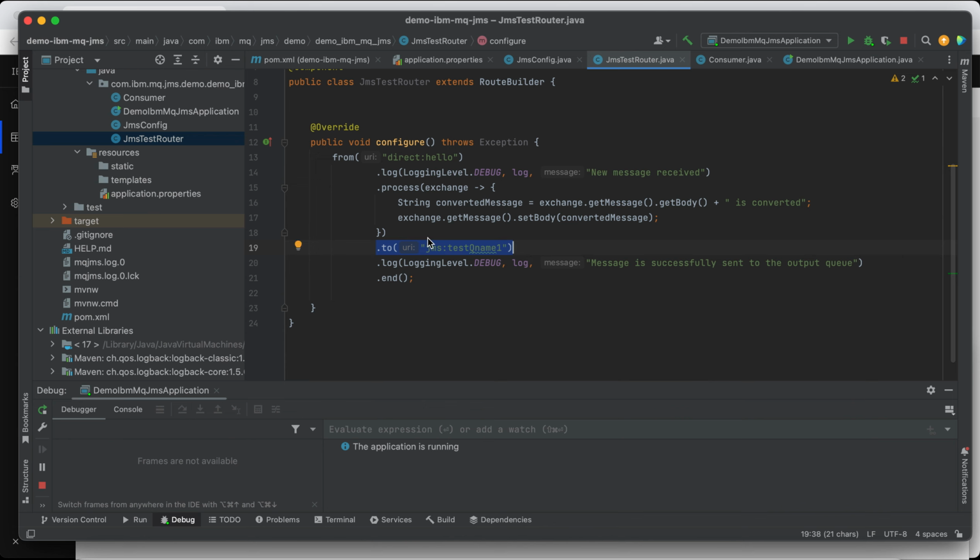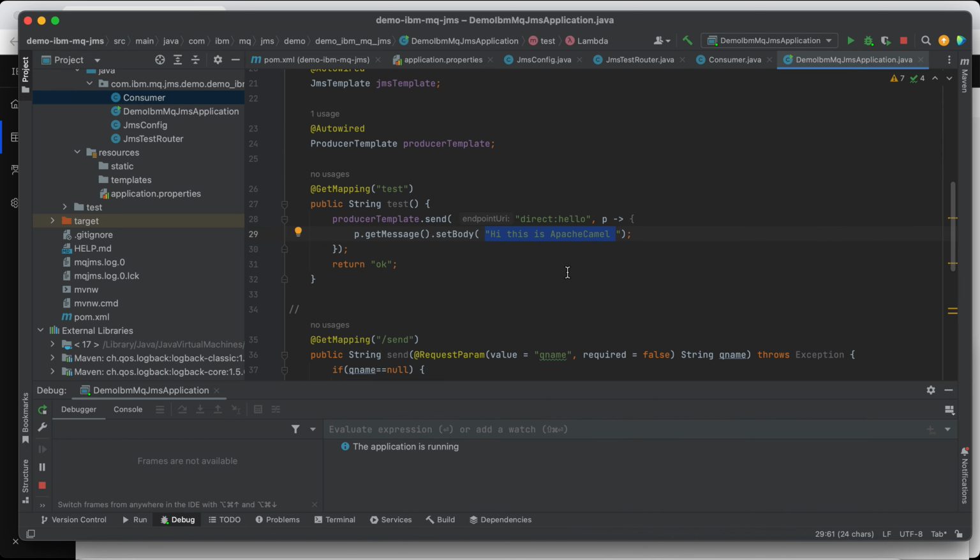So since it will be redirected to the JMS queue name, we expect our consumer, which will consume this, to basically receive whatever we send here. Hi, this is Apache Camel.